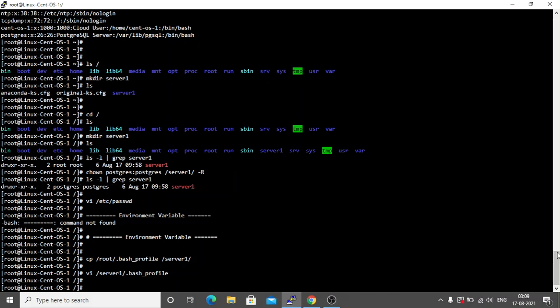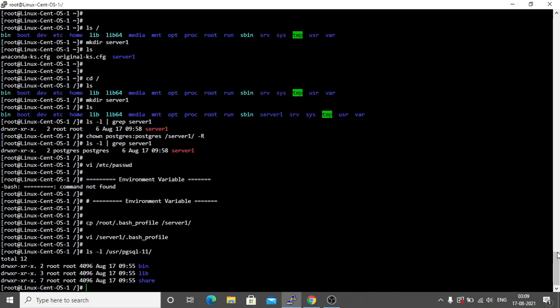Now we just added our bin path. So let us check who is the owner of that bin directory. So ls -l /usr/pgsql-11/bin. For the bin directory, root is the owner. So we will change that also and make Postgres the owner.